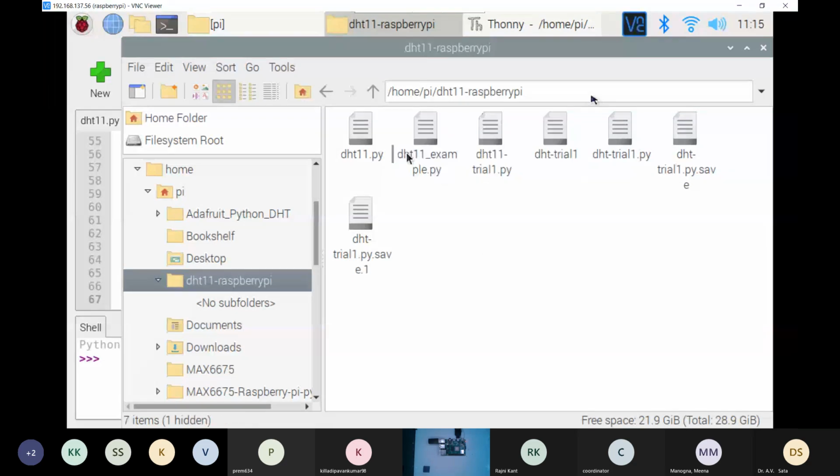I will just go through this DHT11 code, which we did in the last session, so that it will be a quick refresh for you all.